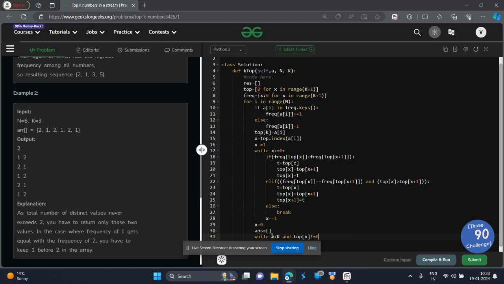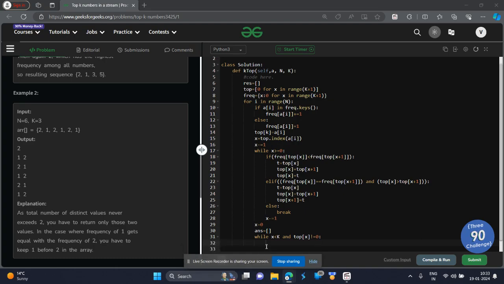So there are two conditions: x should be less than k, which is our at most, we have to reach at most k, and top x, the topmost element, is not 0. In this case, we will append this top x into the answer,